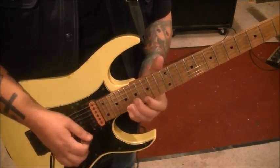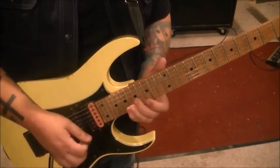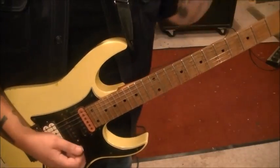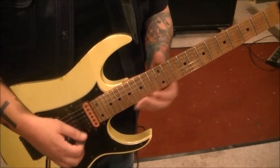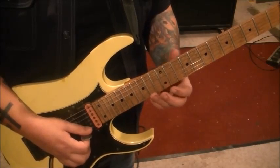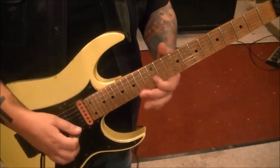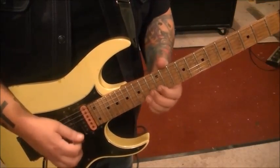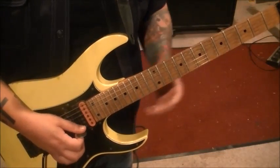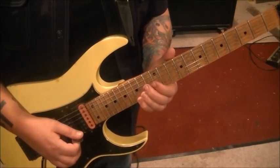So it's that's the first chunk. So that's 15 open on the E, and then 14 E to 12 B. Use your third and first finger, and slide. Then go 12 to 15 on the E, rest, and then